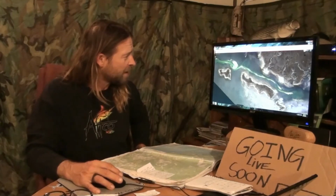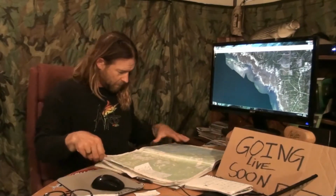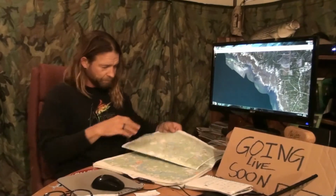and I came up to these islands here, and these things were full of birds. They look like great islands. They look like they had a beach on them and everything. That looks like a really good island, but just filled with egrets and birds, and you don't want to camp on any bird islands. They stink, disease. They're noisy all night long. So it's just going to be a pain in the ass. So I bypassed there and kept on moving to the next point, which was